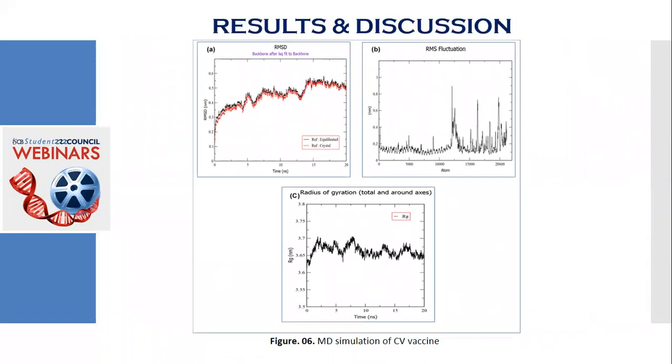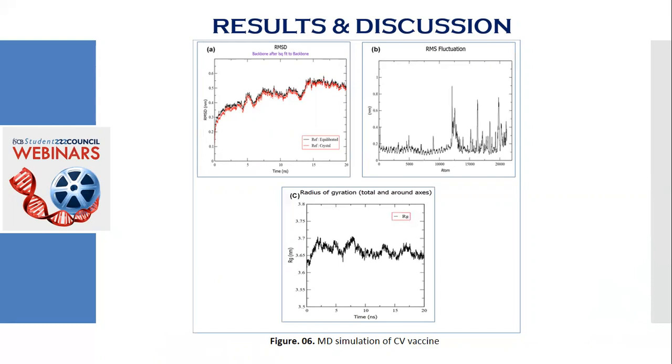After the successful docking, the simulation study resulted in some efficient evidence that proved the potentiality of the vaccine. MD simulation was conducted on the vaccine-TLR docked complexes, which pointed towards the fact that all the docked structures were quite stable throughout the experiment. Here, the graph shows the result of the MD simulation of the CV vaccine-TLR5 complex. In graph A, the RMSD graph, it shows that the structure had maintained a stable 0.5 nanometer deviation with minimum fluctuations.